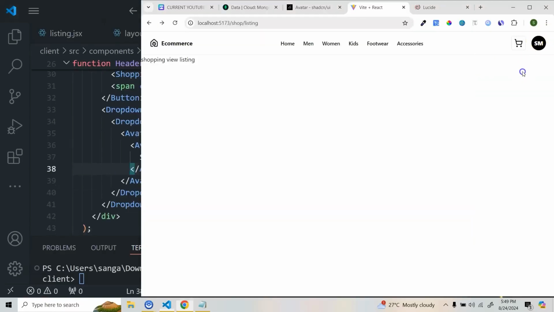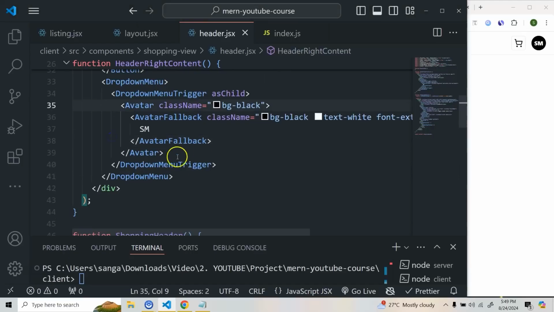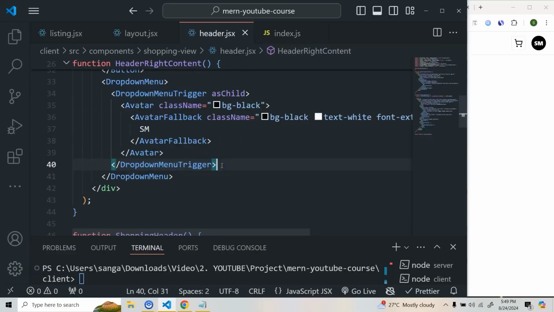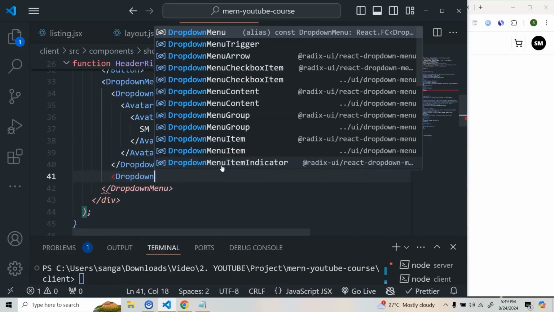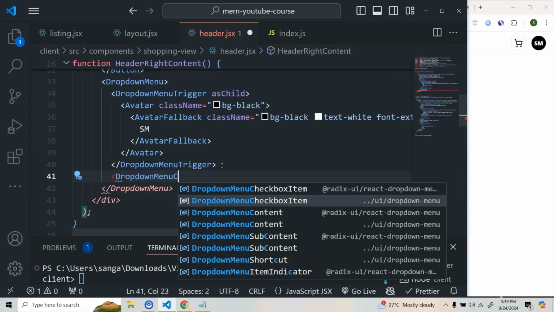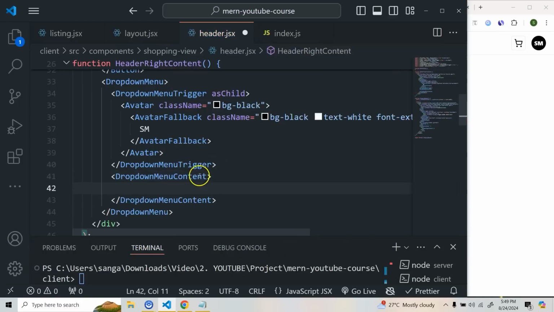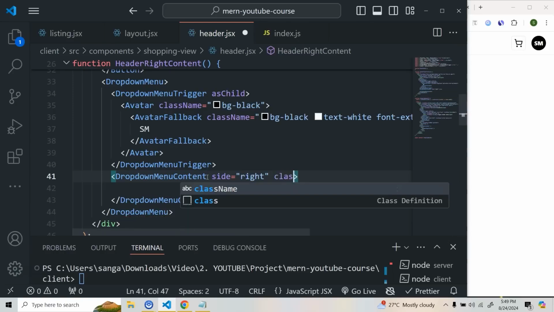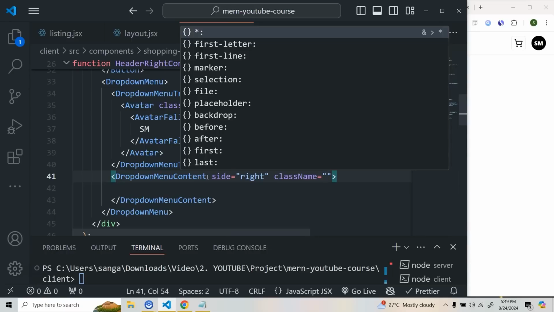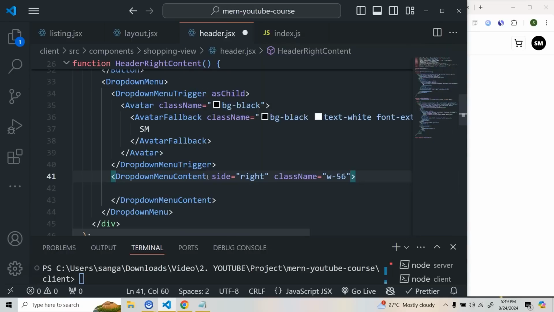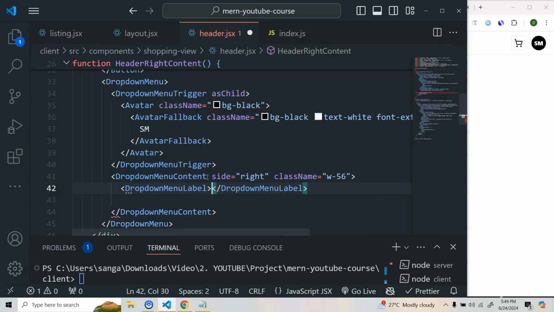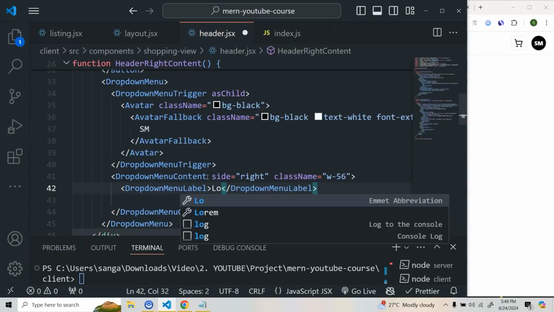Now next thing, if you see, we are getting this part. Now we need to render this drop down menu. So how are we going to do that? After this trigger, you need to render the drop down menu content. So we'll do drop down menu content, this one, and here we are going to keep a side. We'll keep this one on the right side, and then what else we need? We also need a class name. Let's give a class name. We'll do a width of, let's give 50 or 56, and then we are going to render a drop down menu label,